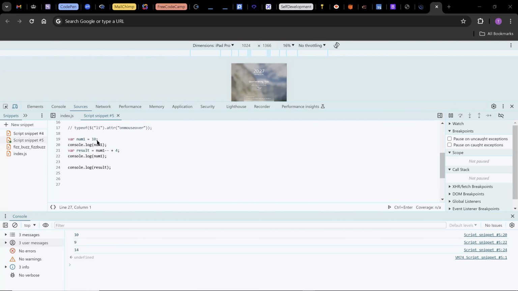So let's say I want to do num1 plus equals 100. So let me clear this screen. If I run this code,